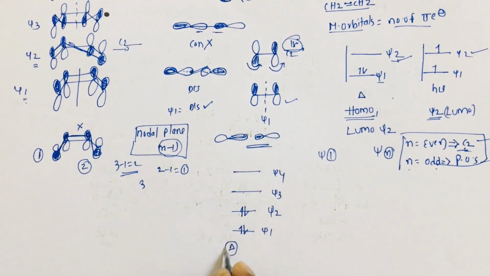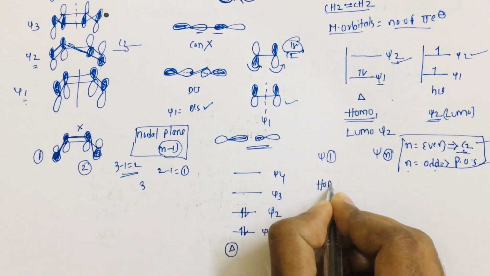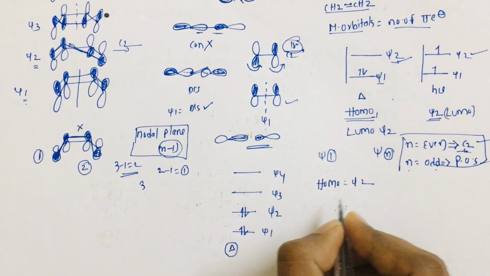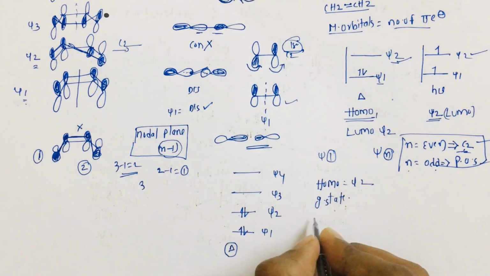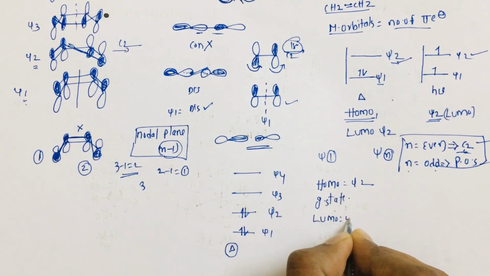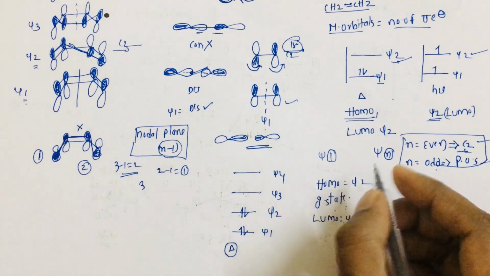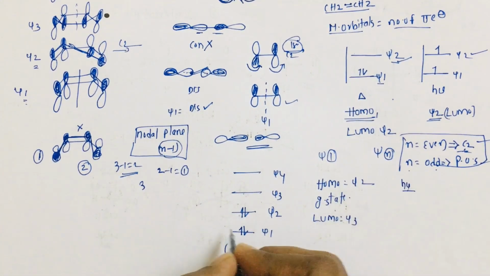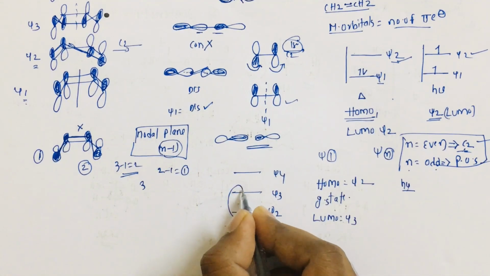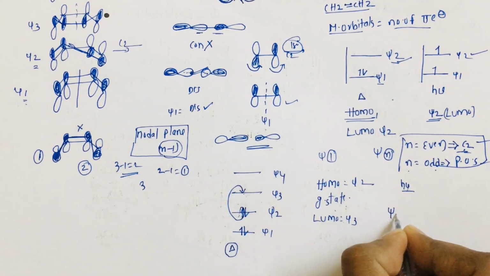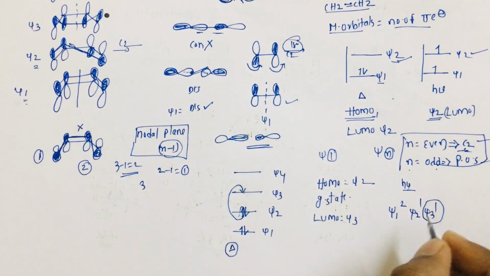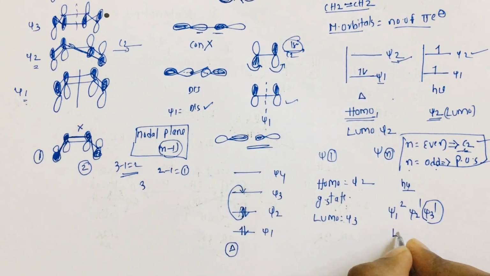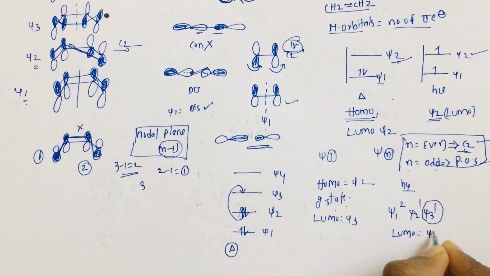Okay, under thermal condition, HOMO is psi 2. We can say ground state also, we can say ground state is psi 2, and LUMO is psi 3. Now under photochemical condition, what is happening? One electron from psi 2 goes to psi 3. It exists like this: psi 1 has 2, psi 2 has 1, psi 3 has 1. So here the HOMO orbital is psi 3, and LUMO is psi 4. Okay,